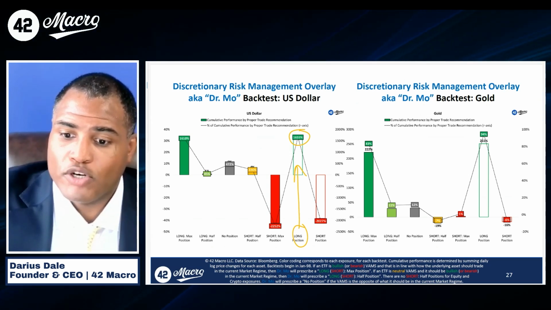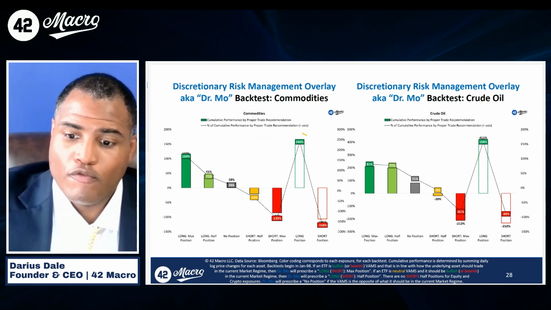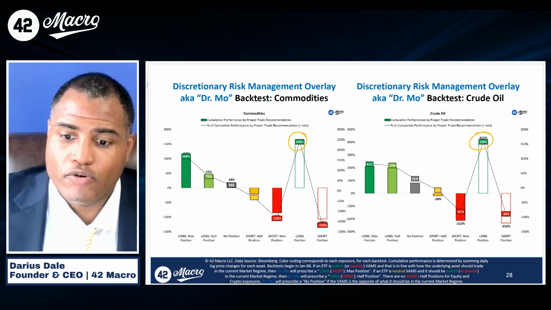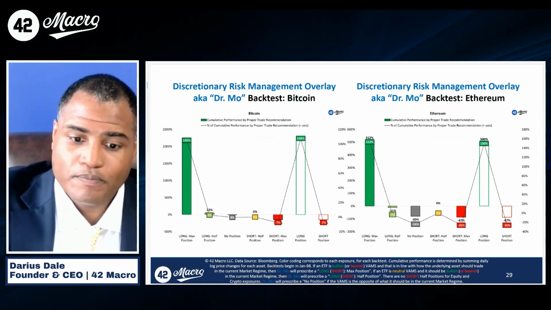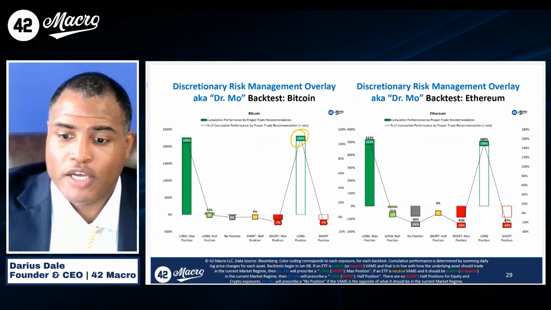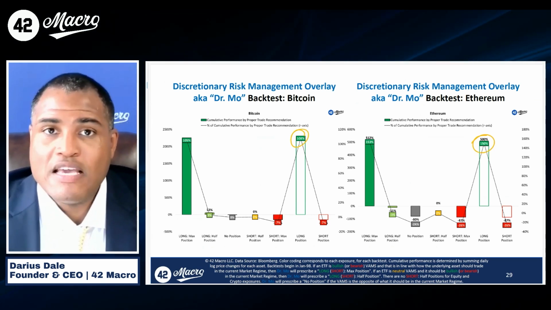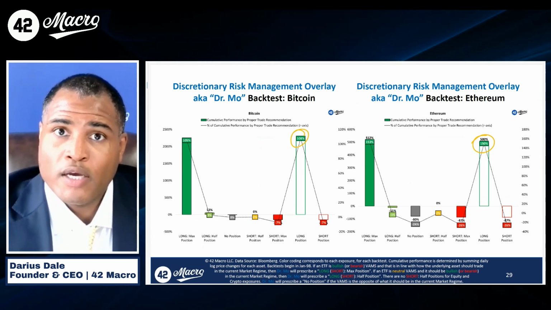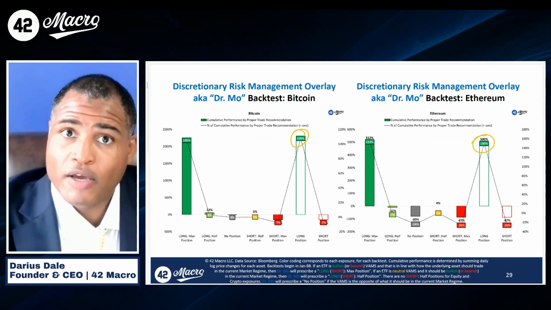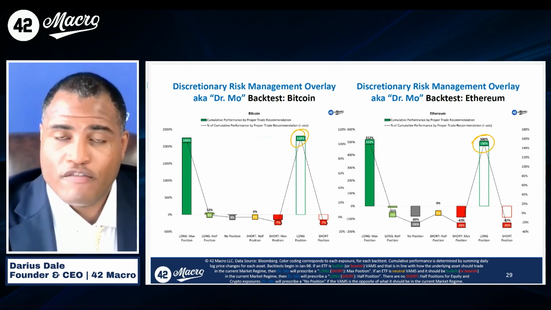The upside capture ratio for gold is 94%. The upside capture ratio for commodities is 240%. It's 158% for crude oil. And then finally, for the crypto market, the upside capture ratio for Bitcoin is 108% and 150% for Ethereum. So what that means is that if you're long Bitcoin when Dr. Mo tells you to be long Bitcoin, you would have made $1.08 as opposed to the dollar you could have made if you were just